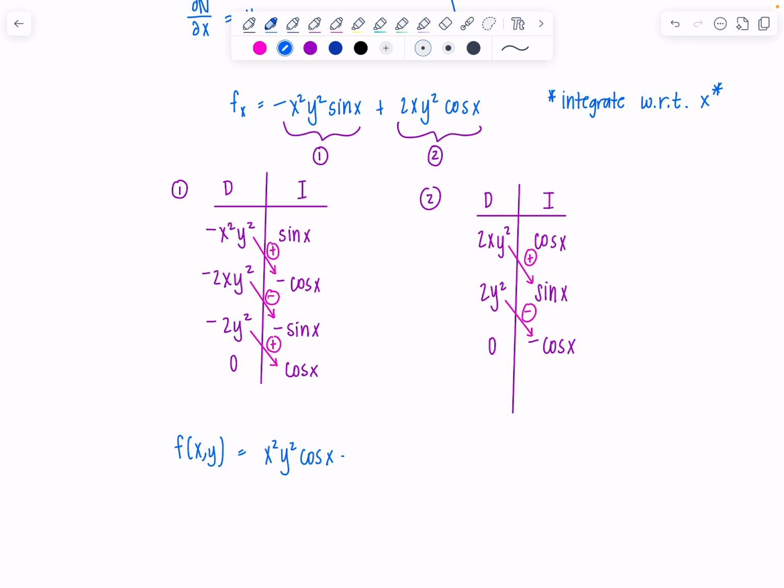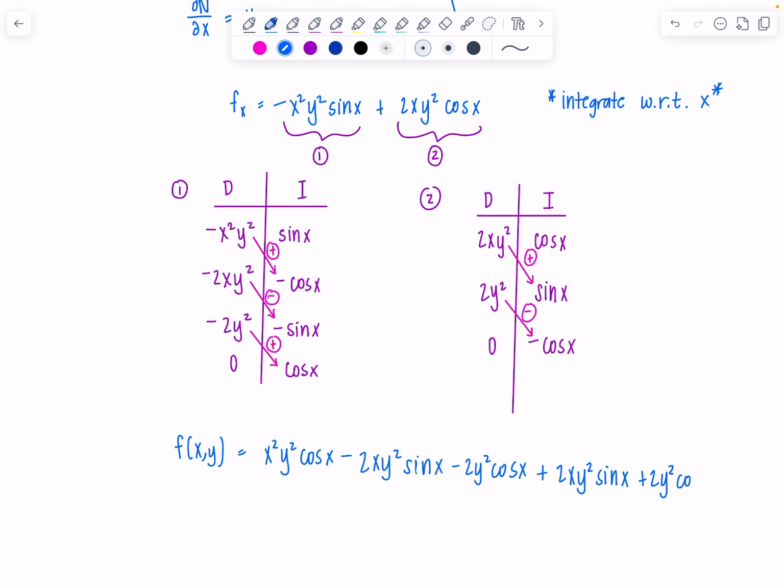So then it's negative 2xy squared sine x. And then the next term is just going to stay negative, negative 2y squared cosine x plus, and then antiderivative of this guy's over here, 2xy squared sine x. And then minus minus gives us plus